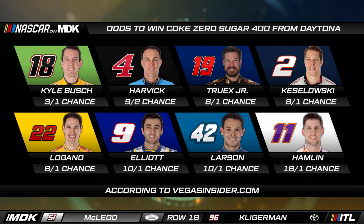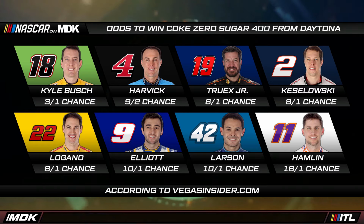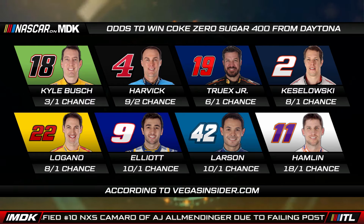Now let's take a look at the odds to win the Coke Zero Sugar 400. Kyle Busch and Kevin Harvick on the top of the charts, the favorites to win the race, with a 3-1 chance for Kyle and a 9-2 chance for Harvick. Martin Truex Jr. with a 6-1 chance. Brad Keselowski, the 2016 winner of the Coke Zero Sugar 400, with an 8-1 chance, as well as his teammate Joey Logano. Chase Elliott and Kyle Larson both with a 10-1 chance, and Denny Hamlin, the 2-time Daytona 500 champion,